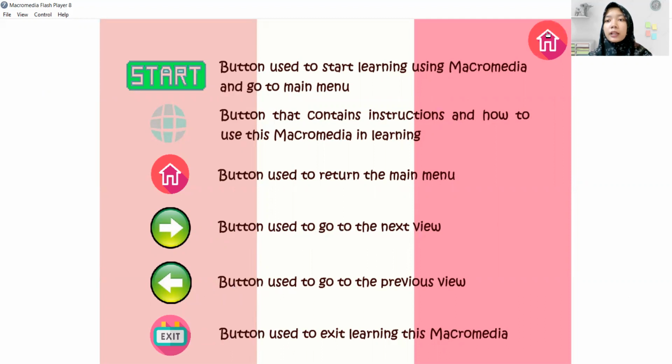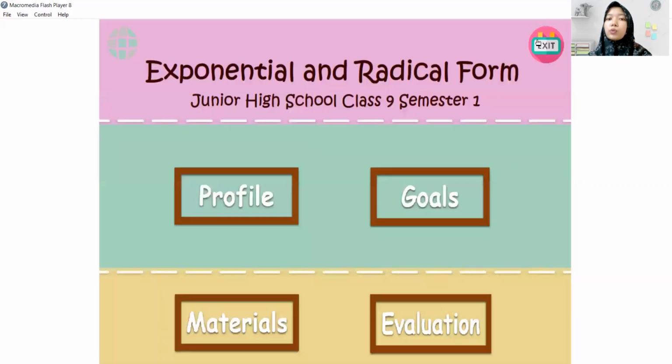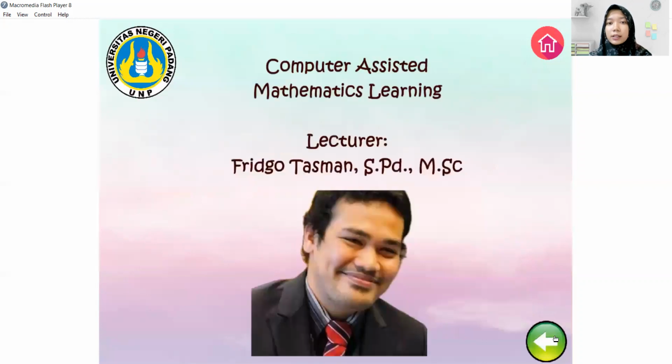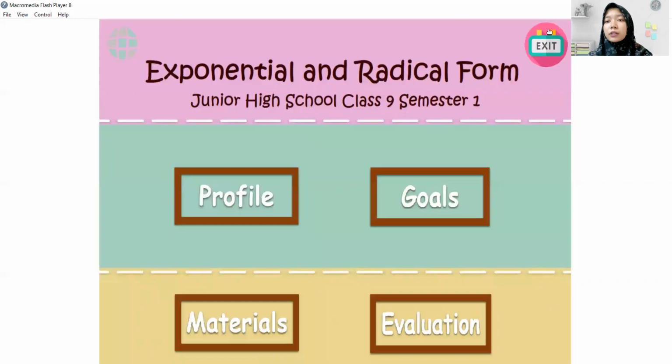And students can click home button to go to main menu. After that, students can click profile button. This is my profile. My name is Nur Aini, student number 1902937, class International Mathematics Education. And next, this is my course, Computer Assisted Mathematics Learning, and lecturer, Mr. Fridgo Tasman. And then students can click the home button,